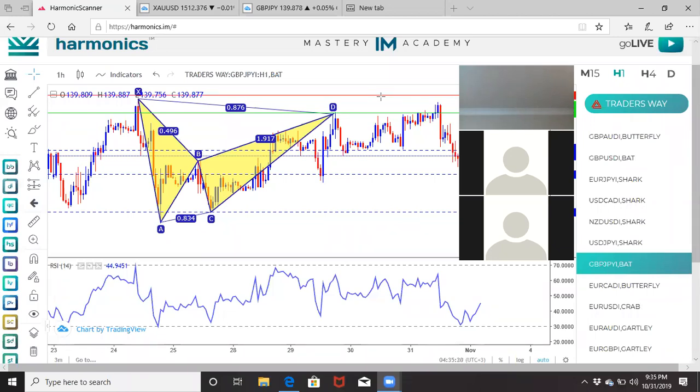Now what I do before I enter a trade for the Harmonic Scanner, I have to wait for certain breaks on lower time frames. So if we're on the 1 hour time frame right here, from C to D, like y'all called, this is an uptrend, right? So I'm pretty sure on the M15 and on the M30 and on the M5, every time frame below this, it's gonna be an uptrend too. It's not gonna look as clear. It's gonna be broken up a little bit, but it's gonna be pretty much more up movement on smaller time frames too. In order for me to get to this D point and start selling,